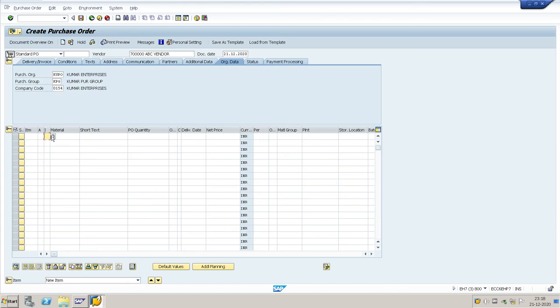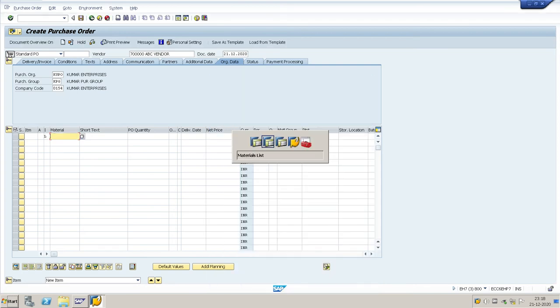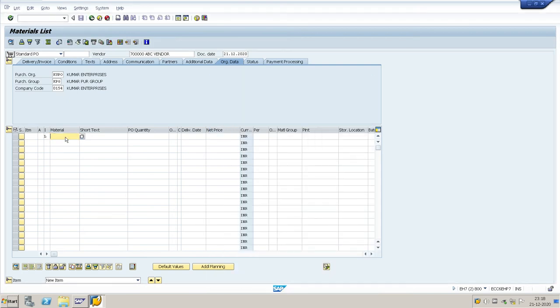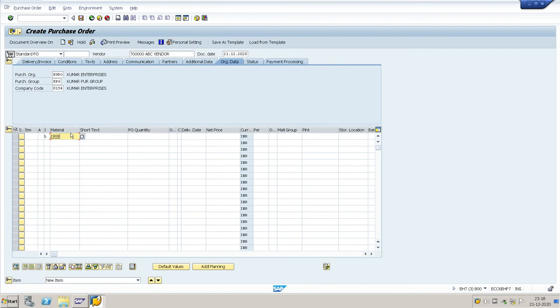The item category should be L, which means subcontracting. The material should be the finished material 2908. The quantity I will mention is 10, with plant KEP1 and storage location.